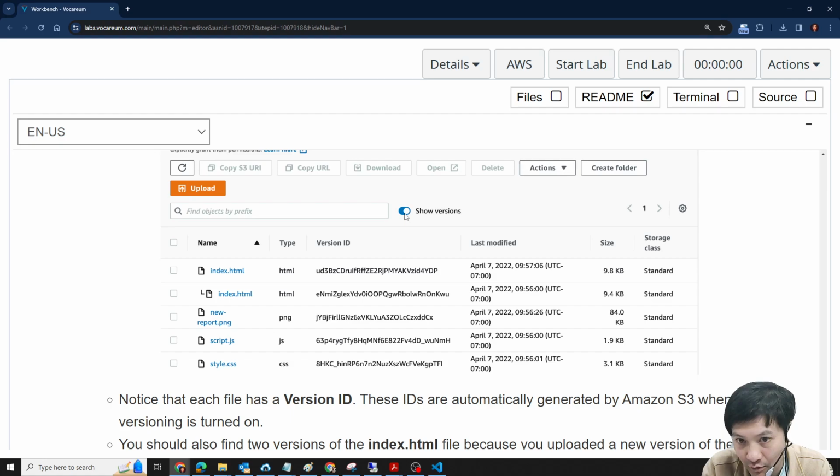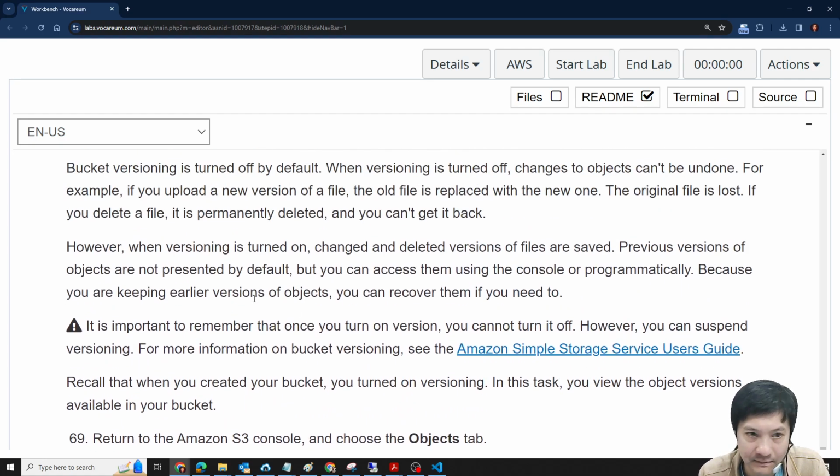Just click on show versions, and then you will see all the changes every time, and then you can download it back to recover it. And the deleted file can also be shown here。咁其實就冇乜特別嘢啦。咁做完。